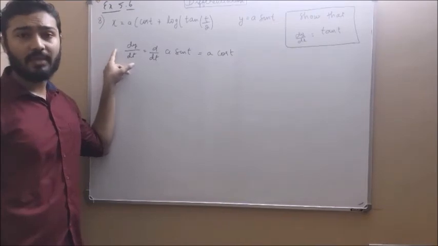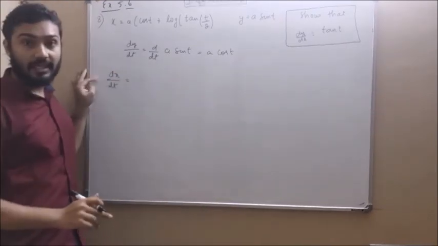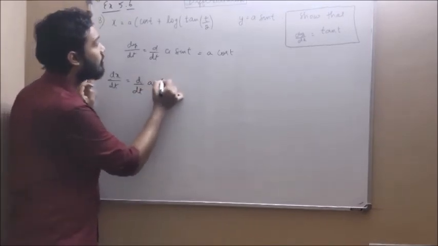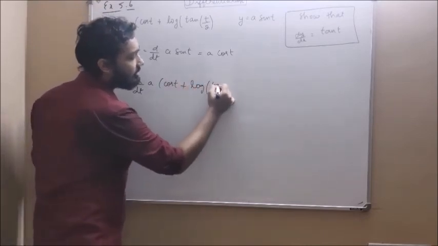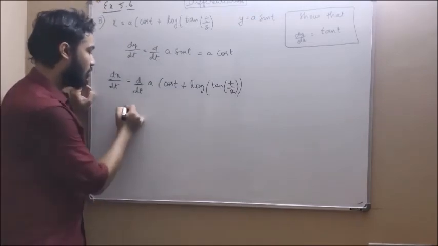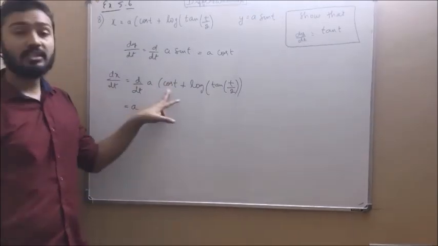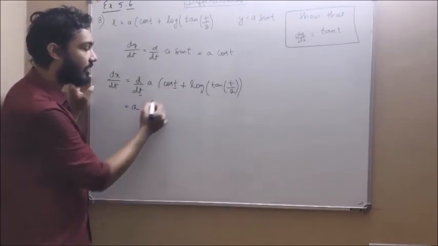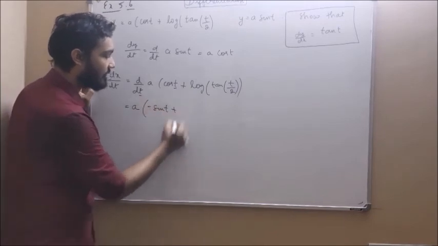Now we have to find dx by dt. dx by dt is nothing but d by dt of x. What is x? a into cos t plus log tan of t by 2. Here a is constant, take it out. What is the differentiation of cos t? Since t and t are similar variables, differentiation of cos t is minus sin t, plus